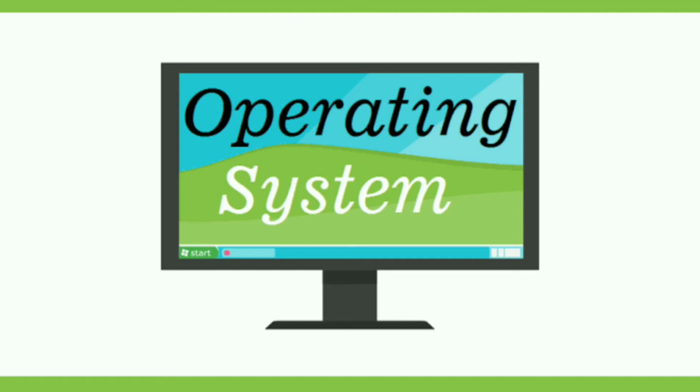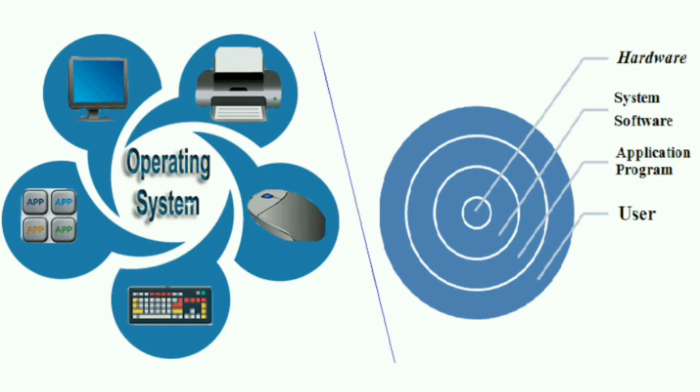Because without the operating system, we will not be able to communicate with the computer. Hardware is important, and the operating system is also important in order to communicate with it. So what are the main jobs done by the operating system? It is responsible for creating a process, which is nothing but a job. And for memory management, the operating system is responsible. And for terminating a job, the operating system is useful. And for managing the peripherals, to manage the disk space and to manage the job, the operating system is very much important. Okay.